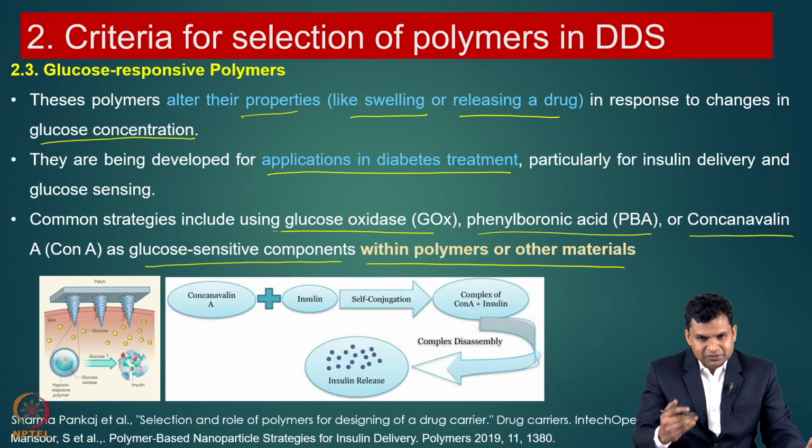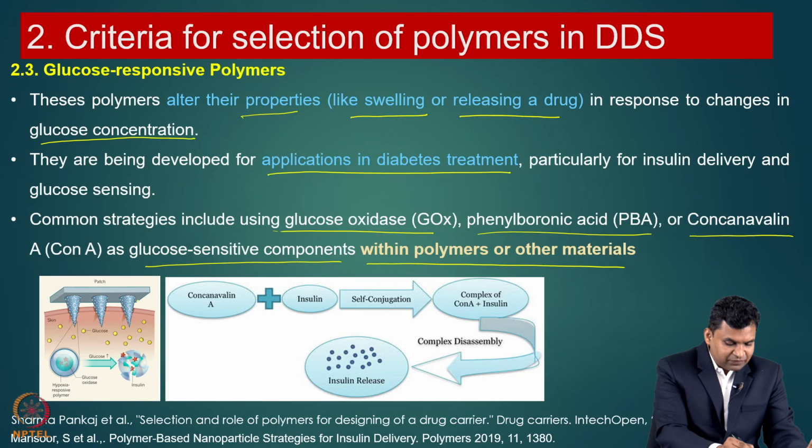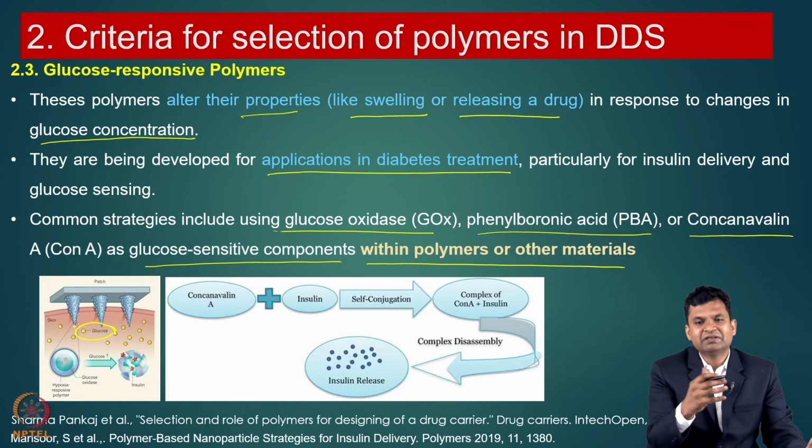So, after conjugation, if you convert that into delivery systems, when you apply it into the body, when the concentration of glucose increases, this system will respond with that glucose and it will swell or it will release